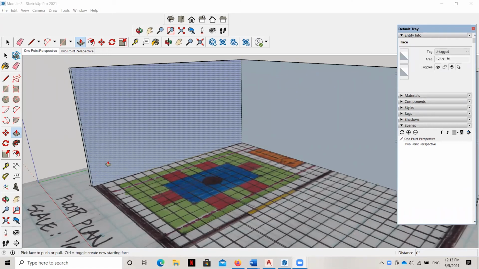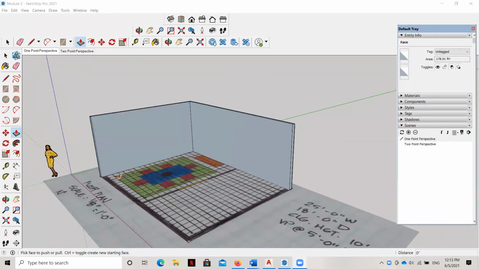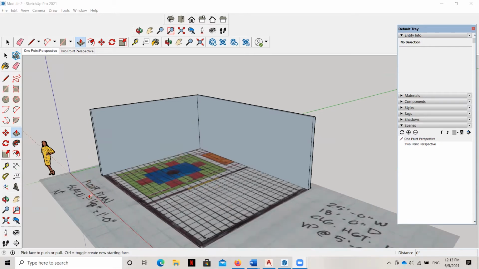In this video, I'm going to teach you how to create some openings and casing in your SketchUp model. Now, before we get started, I just want to make you aware that I have done a save as from my Module 1 SketchUp file and renamed it Module 2, so that I have a backup just in case something goes wrong as I'm working on Module 2. I still have that original Module 1 file that looks just about like this.